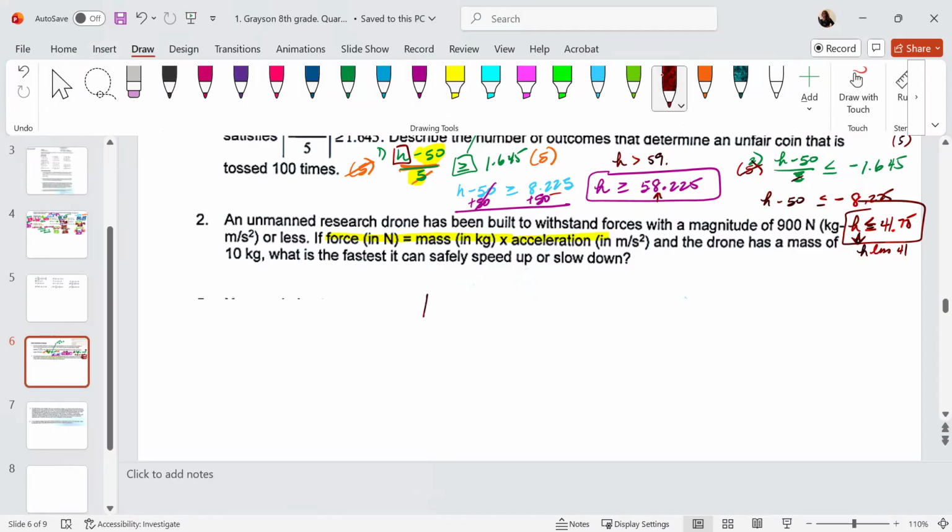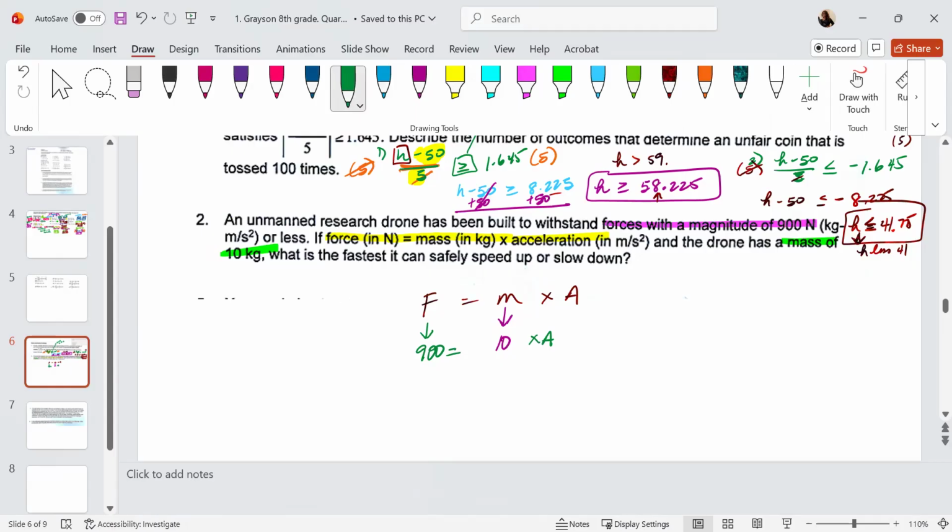Yeah. And then mass is 10 kilogram. So I replace that with 10, right? Yeah. What is the fastest? Oh, and there's another number. What do you put, 900? And F. And we're kind of trying to find A, right? But I don't feel like this is the way it's supposed to be set up. So